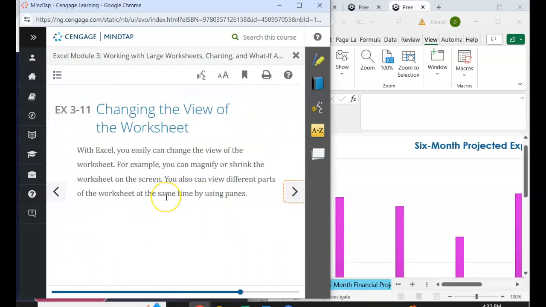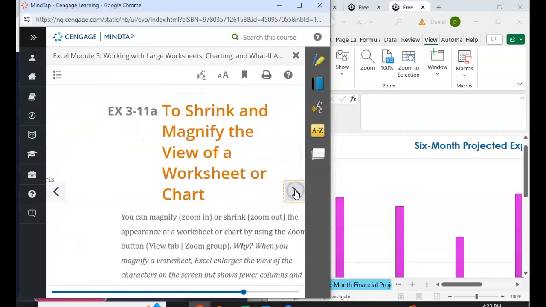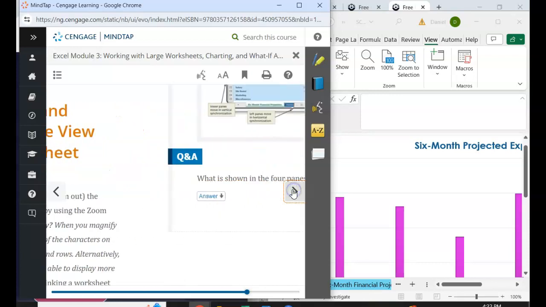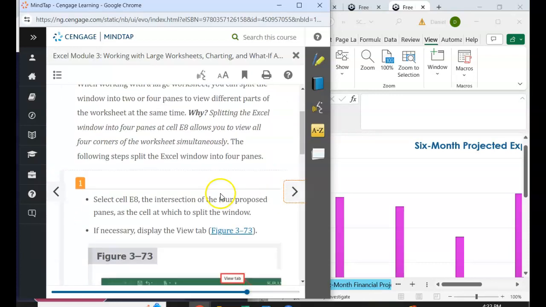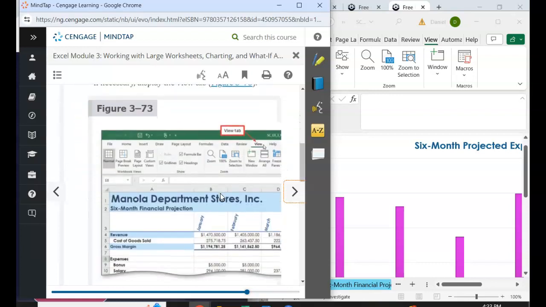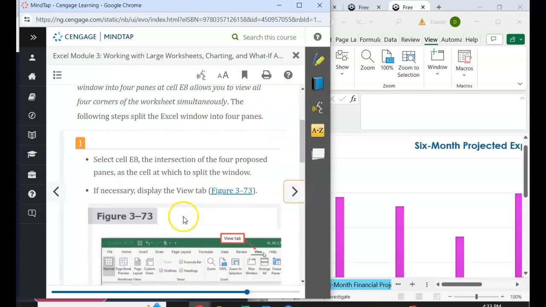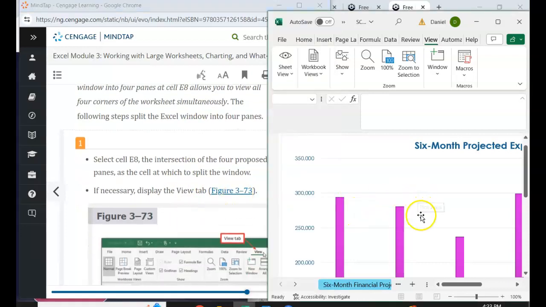Okay, there are a few more features, and I did show how you can change the view of your worksheet. You can zoom in and zoom out. It'll also show you how to split window panes. So if you select cell E8,